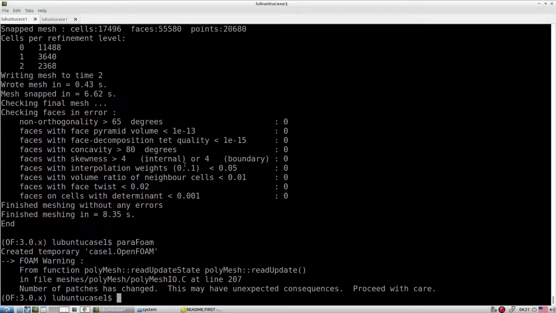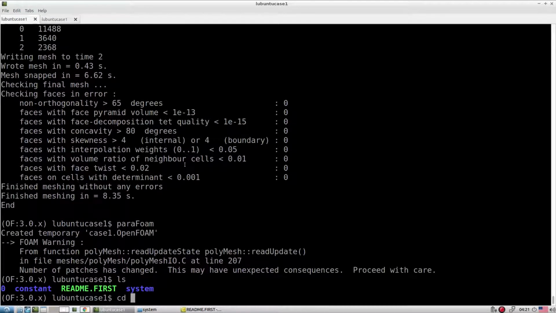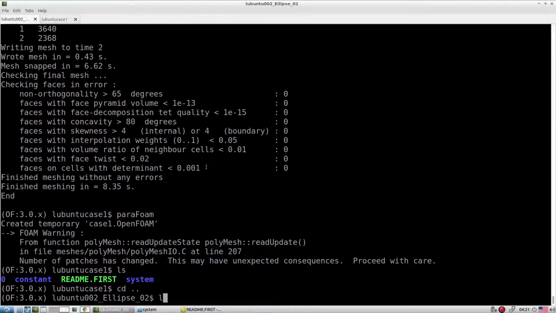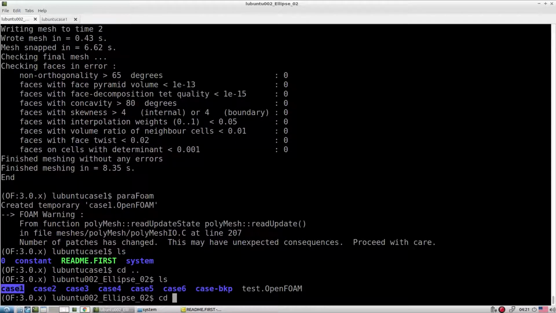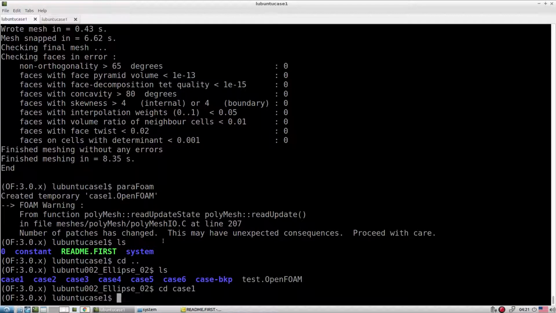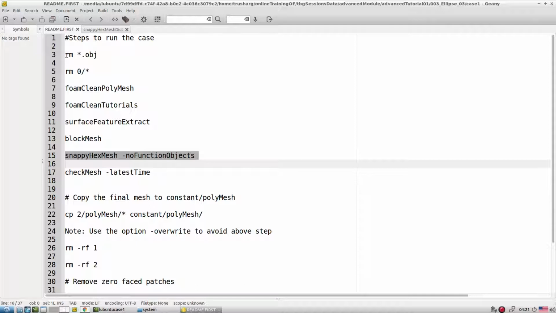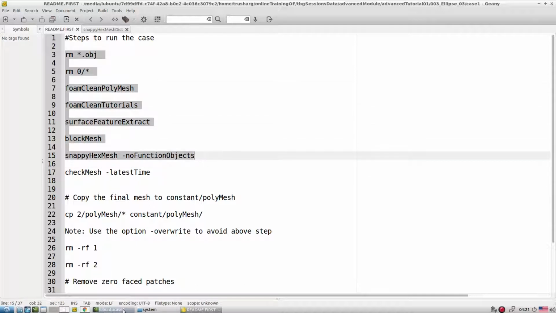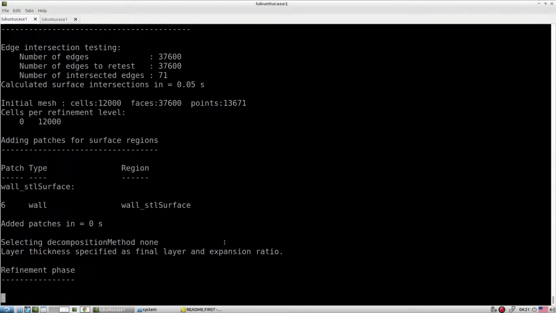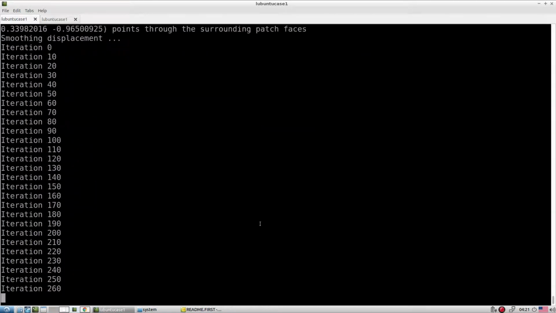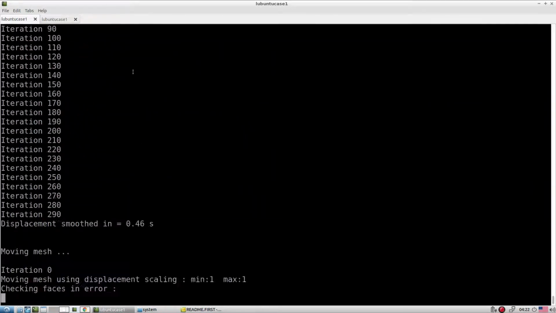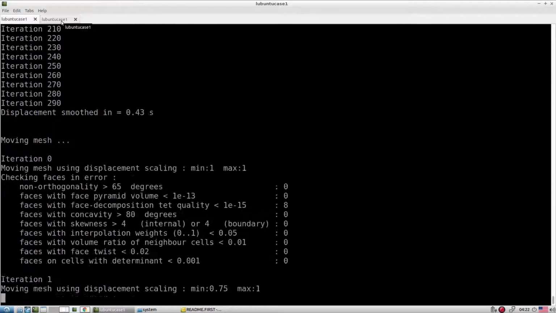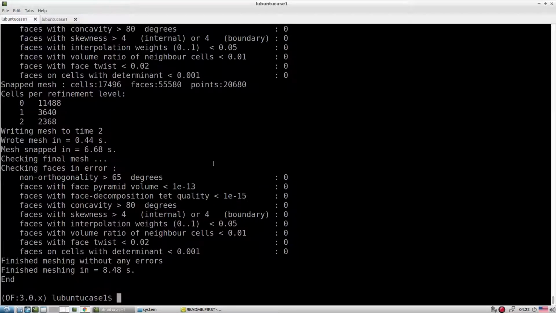So let me first go to the previous case, and let's say case number 1. Same setting, only in case number 1 we add this extra layer. So that is what we did here. Here let me again run case number 1 of the previous tutorial for comparison. So we try to compare the mesh with layer and without layer first.